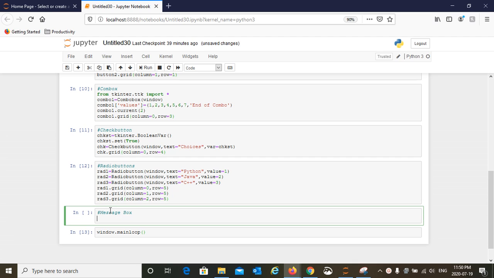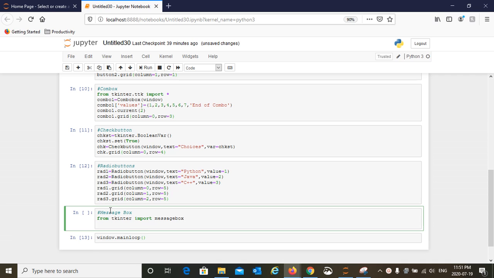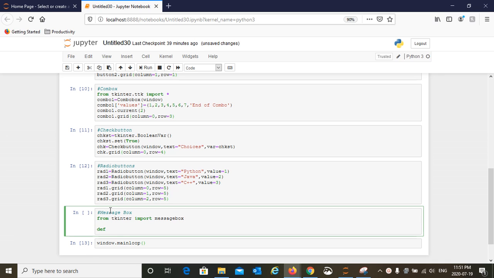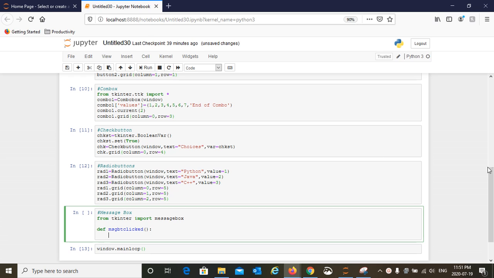So far so good. Let's say message box. Let's quickly create one. Import messagebox, and we're going to define a function here, msg, let's say message button clicked, and same thing, we're going to configure the message.